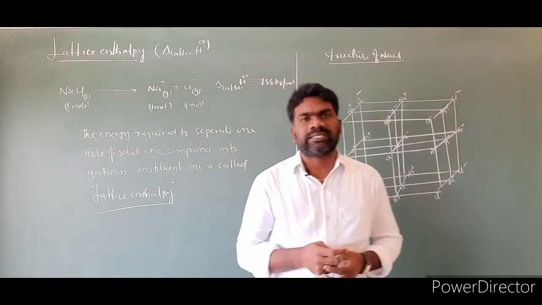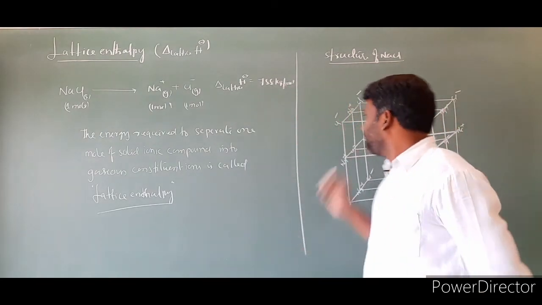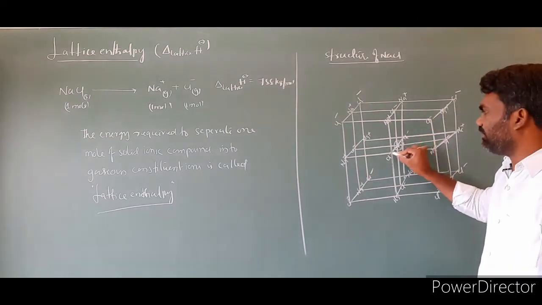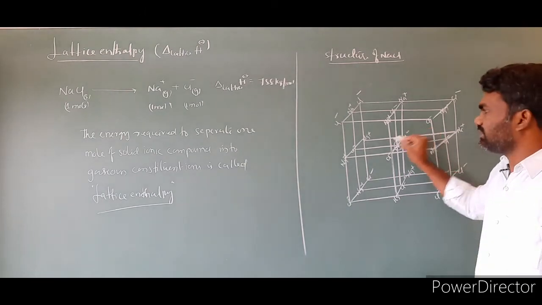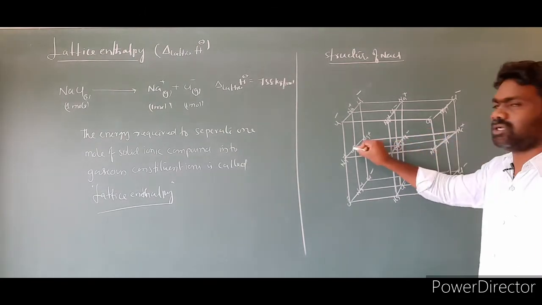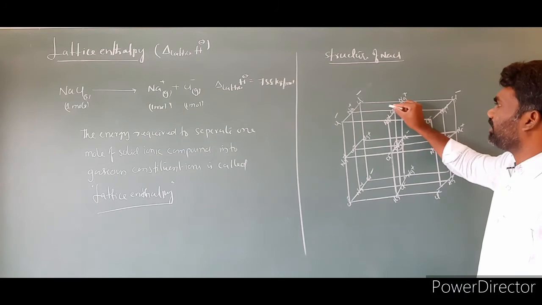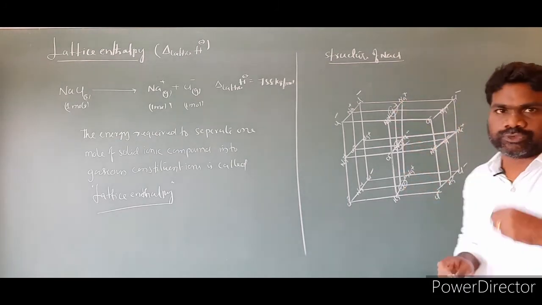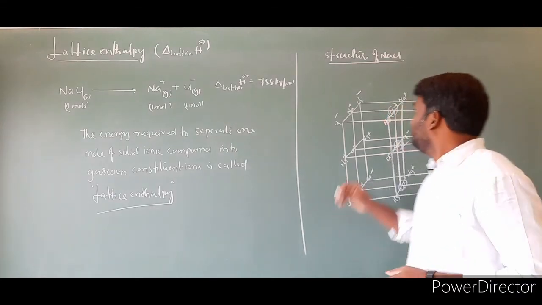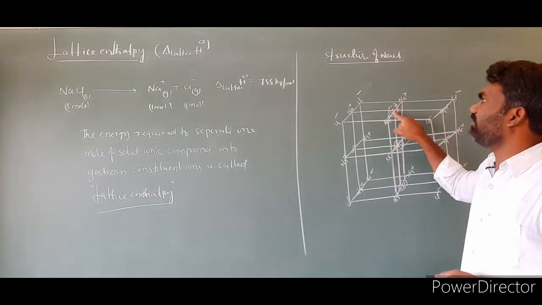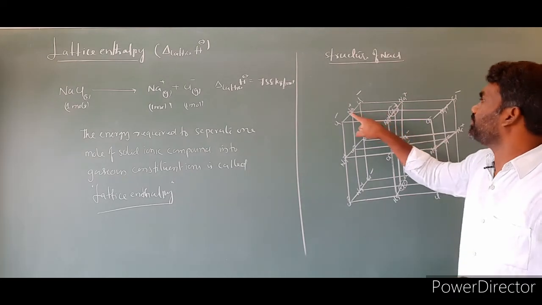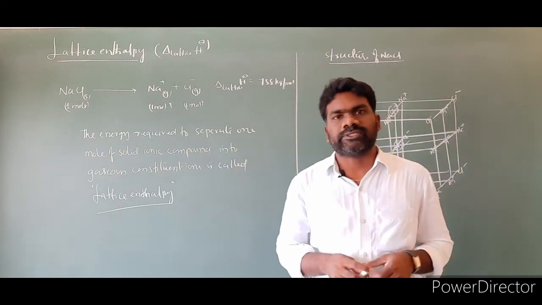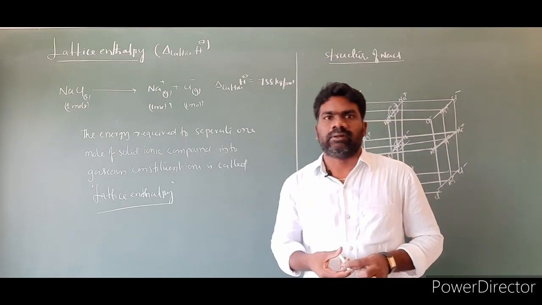That means Na plus ions and Cl minus ions in the compound. If you look at this structure, suppose I take this sodium plus. The sodium plus ion is surrounded by Cl minus on this side and here; top is Cl minus and bottom also has a Cl minus. That means cations, positive ions, are surrounded by negative ions. If we take a negative ion, it is surrounded by positive ions. So negative ions are surrounded by positive ions, and positive ions are surrounded by negative ions in a compound.